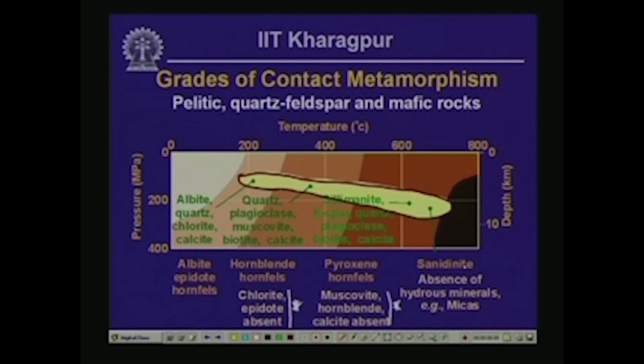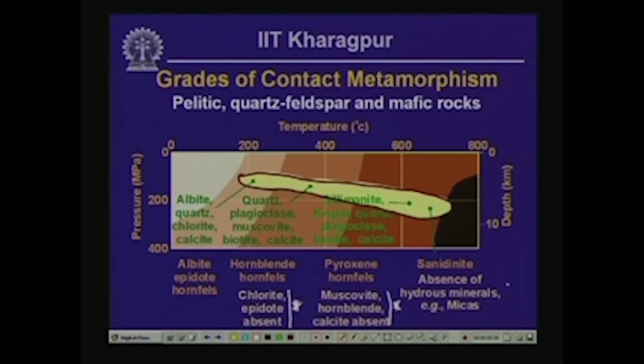where we are very near to the intruding magma, you end up with a class of rock which is called sanidinite facies, and here you are going to have a total absence of hydrous minerals such as micas and abundance of pyroxene minerals. In other words, you must have noticed, if you recall from what we said when we were talking about the chemical composition of silicate minerals,